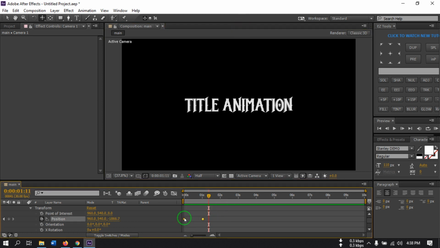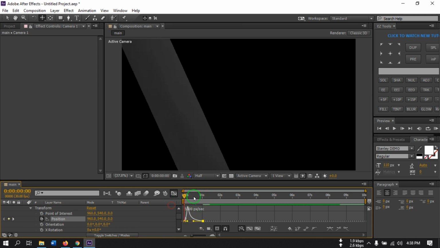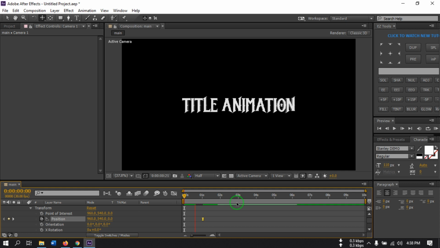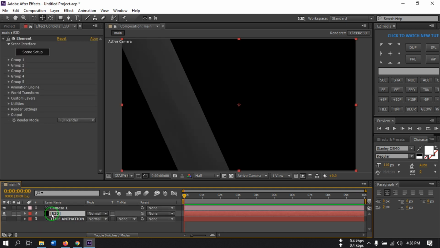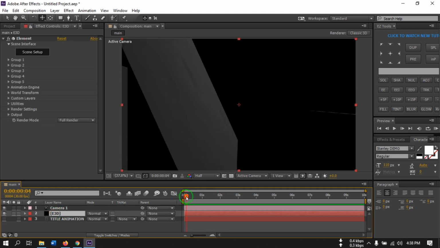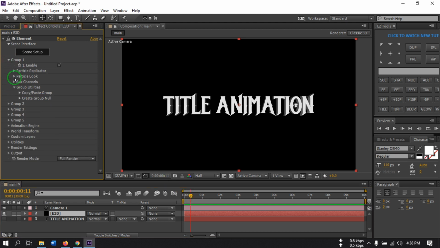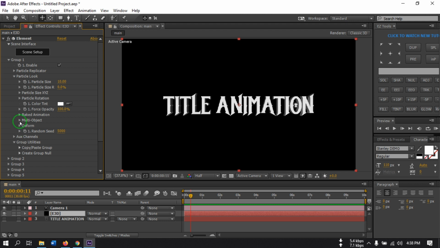Now select all of these keyframes, right click and make them easy ease, then go to graph editor, select this and make it something like this. Now select this Element 3D and go to group 1, then select the particle look and multi-object, turn on this,